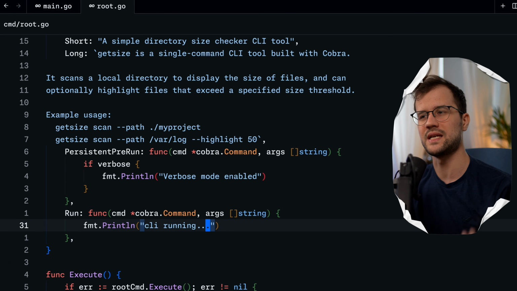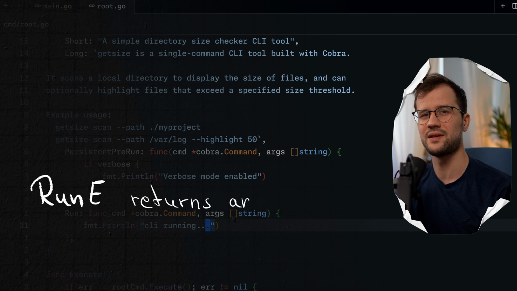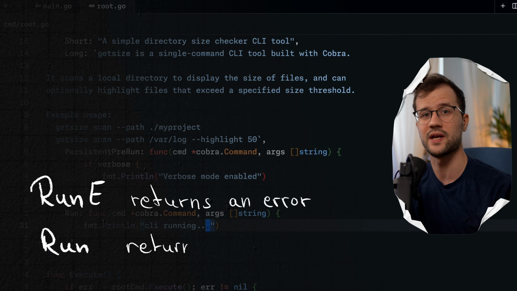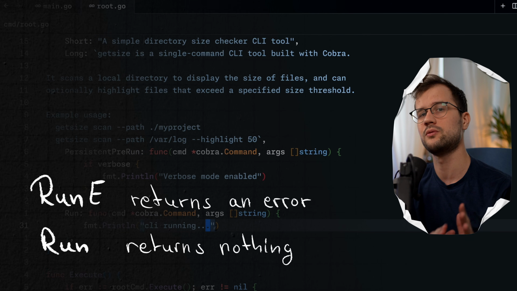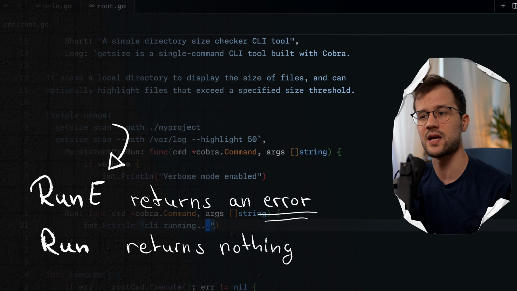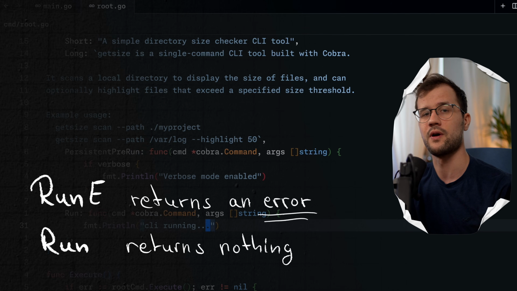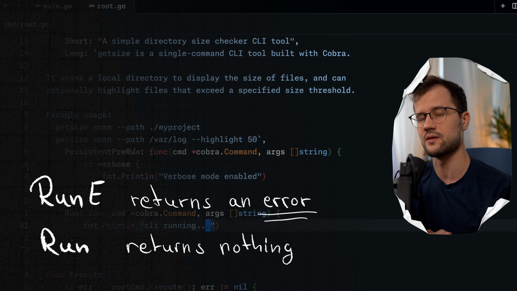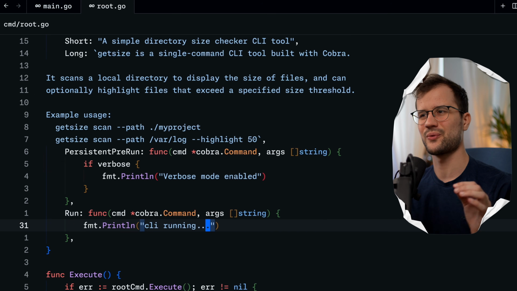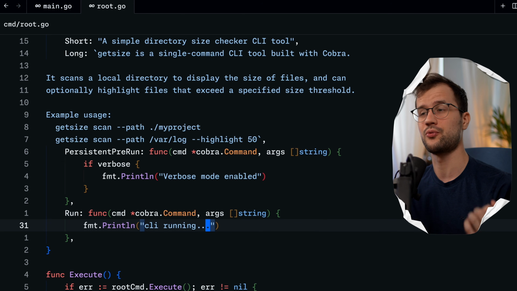We also have RunE, which we will possibly use in the next video. But in the end, RunE returns an error, and this Run function doesn't return anything. And you will often see that most real-world CLI commands use this RunE function, so errors can propagate up cleanly instead of being handled inline with things like os.Exit inside the function itself, right? So again, this Run function executes the core logic, and this PersistentPreRun function is only run when a